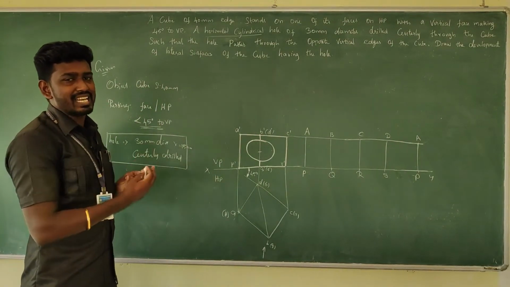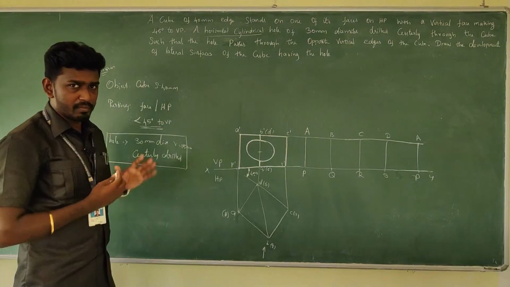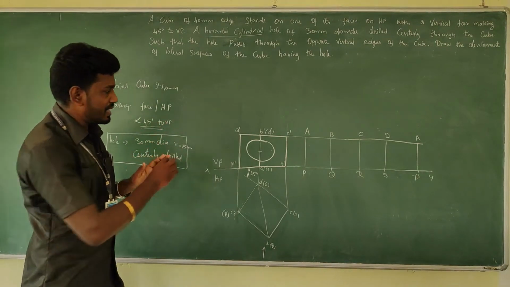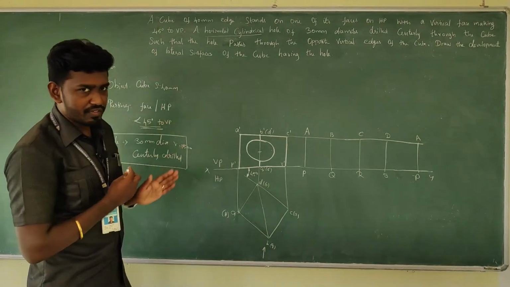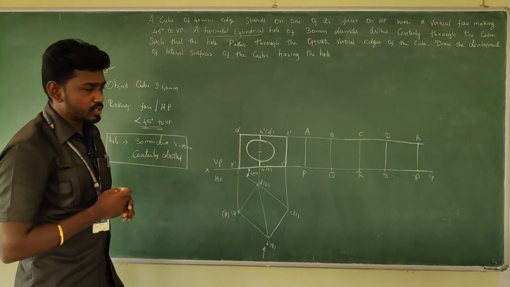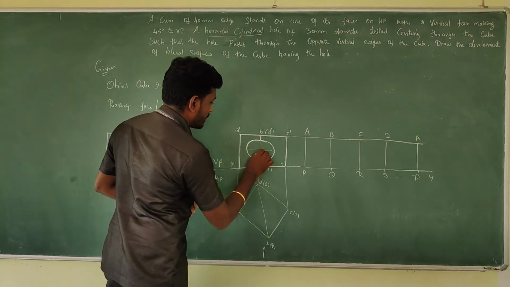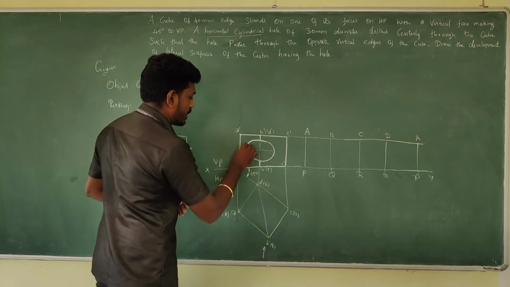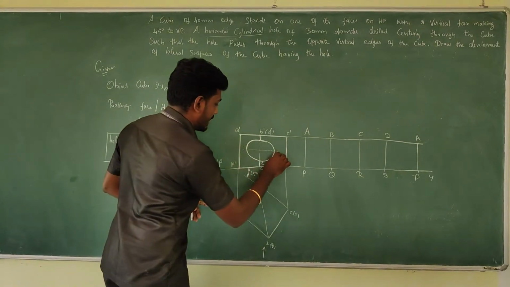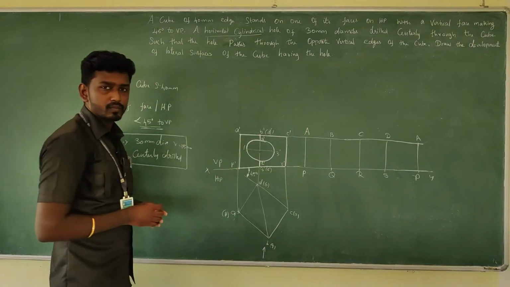If you want to name the hole, you need to remember in your mind that all the extreme points should be marked. That means the left extreme, right extreme, top and bottom extreme should have points. And if the hole interferes with any of the edges, that particular edge should have cutting points. Here it's the center. So if you have a line, this will be the left extreme. I'm going to give this as 1, this is 2, and this is 3. So in the front view 2 dash, 3 dash, and this is 4 dash.